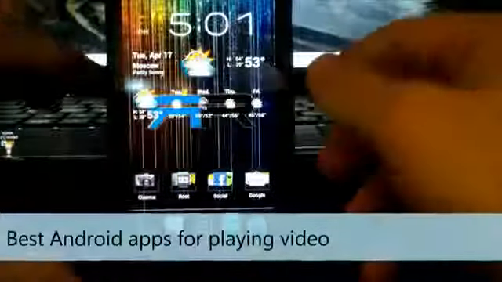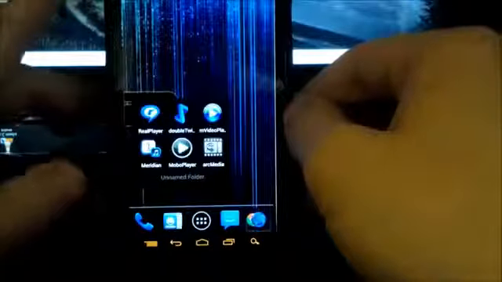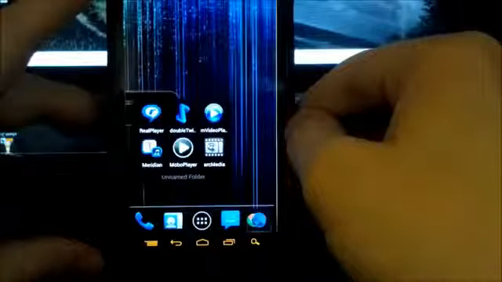Today I've got the top 5 video players available for download in the Android market. First off, I'll start by saying most of these are free. In fact, all of these versions are free, and a lot of them have paid versions that give you extra perks. Anyways, today I've got the Real Player, Double Twist Player, M-Video Player, Meridian Player, Mobo Player, and Arc